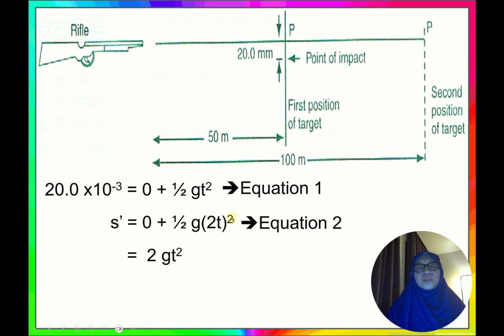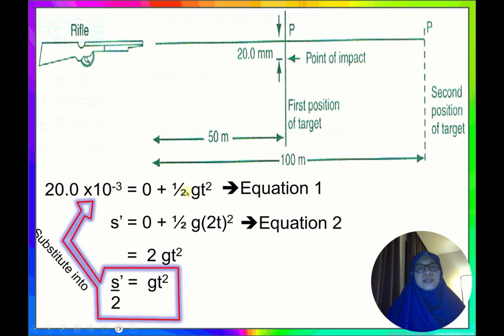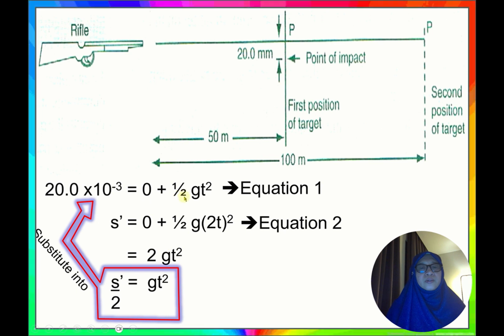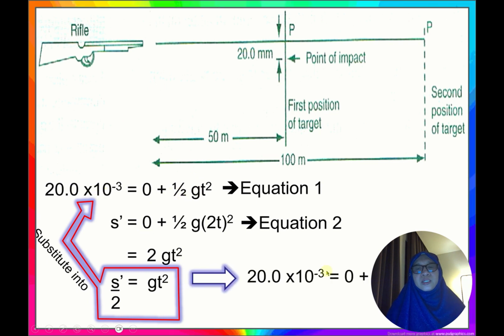2 times 2 is 4, divided by 2 is 2, okay. So we get 2gt squared, and bring 2 to the right side, so half S prime. Okay, then this gt squared from equation 1 here, we cross multiply, so the 2 here times 20, so gt squared, this is gt squared, right? So this gt squared, the 2 here we cross multiply, so you substitute into here, so we get the answer